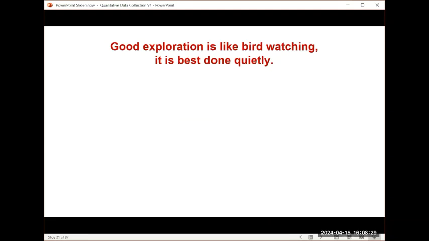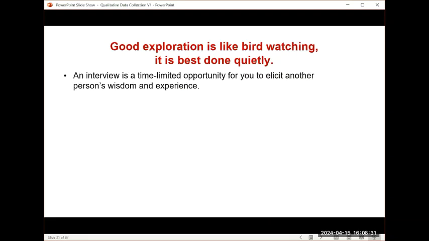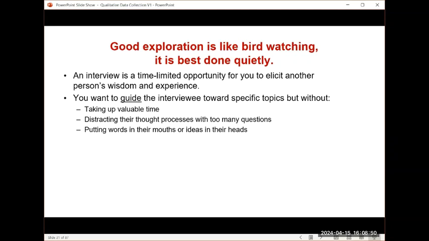So advice: good exploration is like bird watching. When you're eliciting things in that sweet spot of semi-structured interview, your job is to set up the space for people to talk and get the hell out of the way. You're taking up time every time you ask a question. You guide them into this. Do not distract them with other questions. Ask more. Give me more about that. Tell me more about that. Huh, that's interesting. They tell you more.